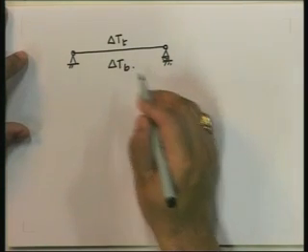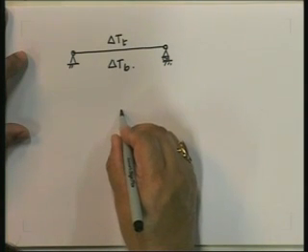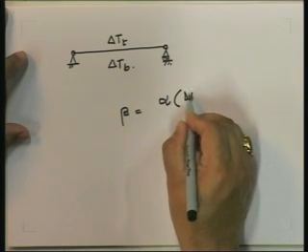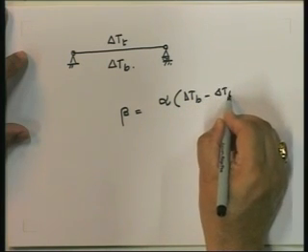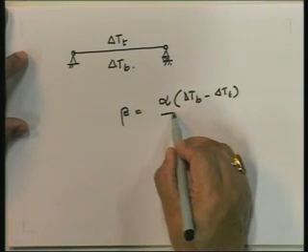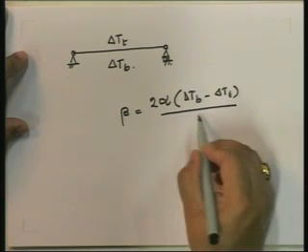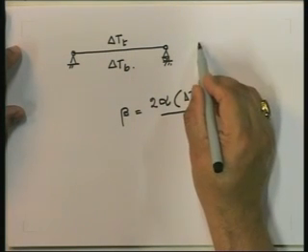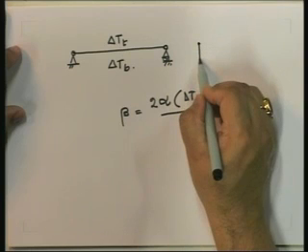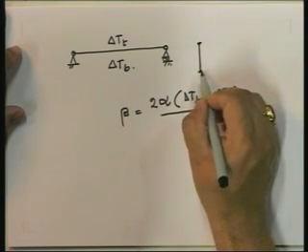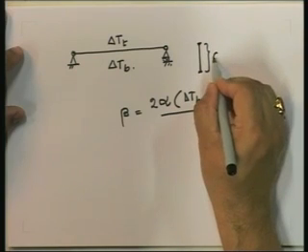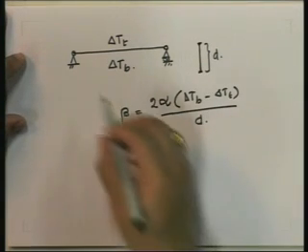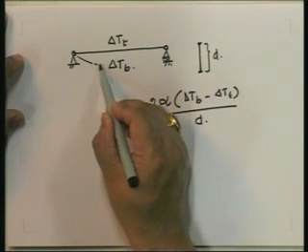We've already seen that this gives rise to a curvature beta, which we defined as alpha into delta T bottom minus delta T top, upon d, where d is the depth of the beam, the difference between the top fiber and the bottom fiber. Okay, this is d, the depth of the beam. We had already done this, and we saw that this gives rise to